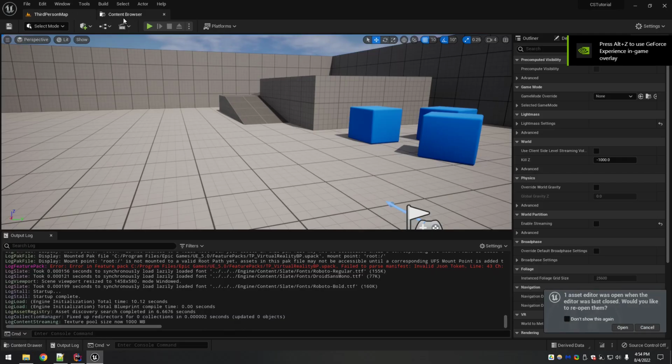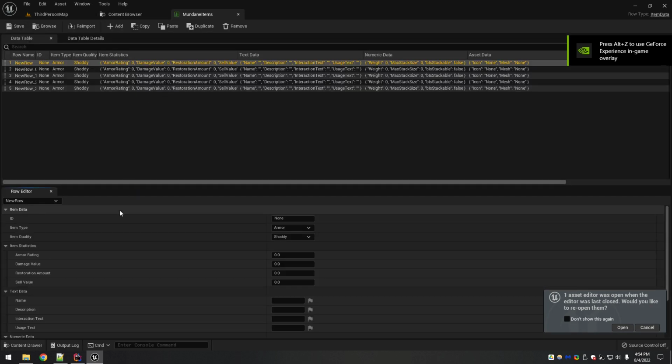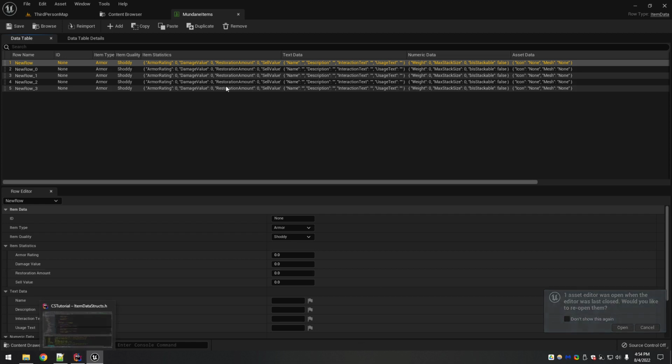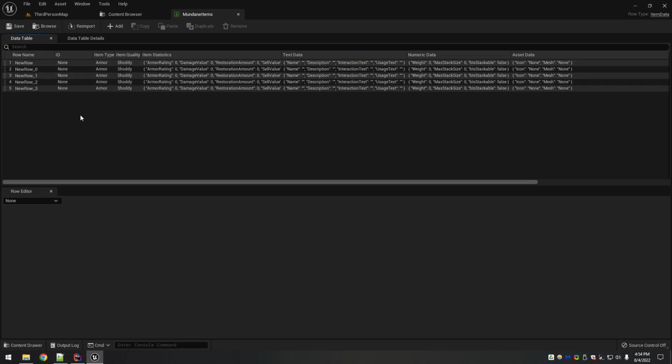Okay, so I'm back in the editor, and I'm going to go back in here to my data table, and you can see now ID has been added. So if you look here, we have row name, and then we have ID now. So when you go to search for an element in the data table, it needs a row name, and then it needs essentially like a search key. Let me find the...